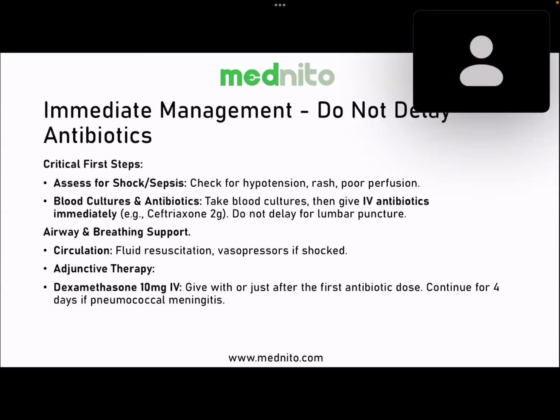All right, antibiotics need to be given. What is the first most important antibiotic that is given? It is ceftriaxone, because ceftriaxone can also be used in pregnancy. Very important and very easy.